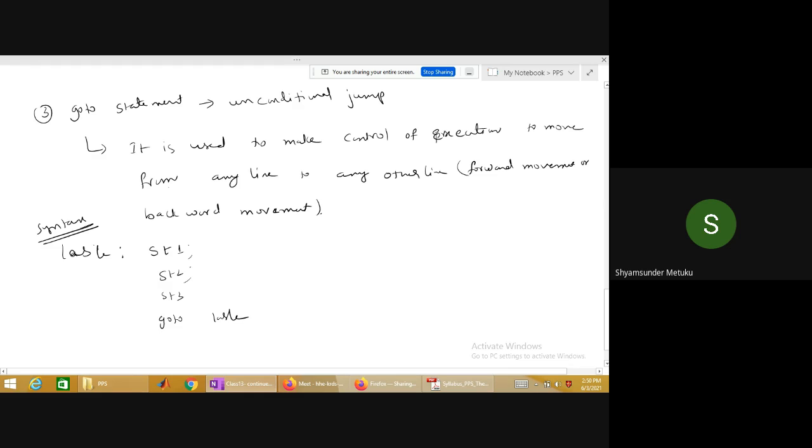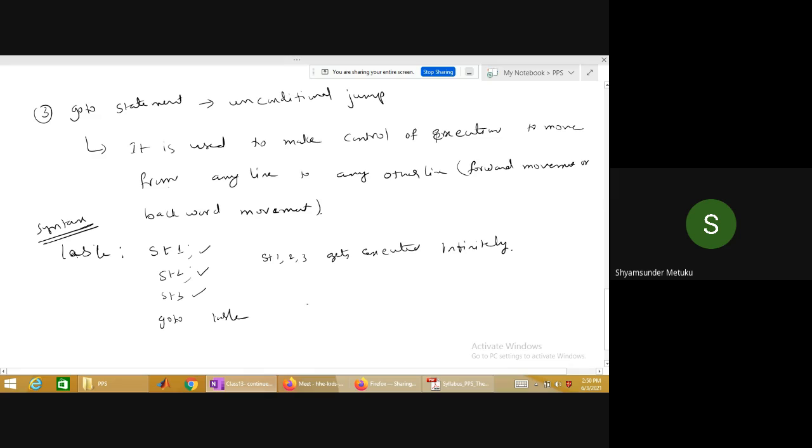So what it will do is, statement 1 will execute, statement 2 gets executed, statement 3 gets executed. The control will see there is a statement called go to. After the go to, you have a label, and the name of this label should match. So here I'm writing the same letters, LABLE, LABLE. So it will directly jump here. So statements 1, 2, and 3 will get executed infinitely.